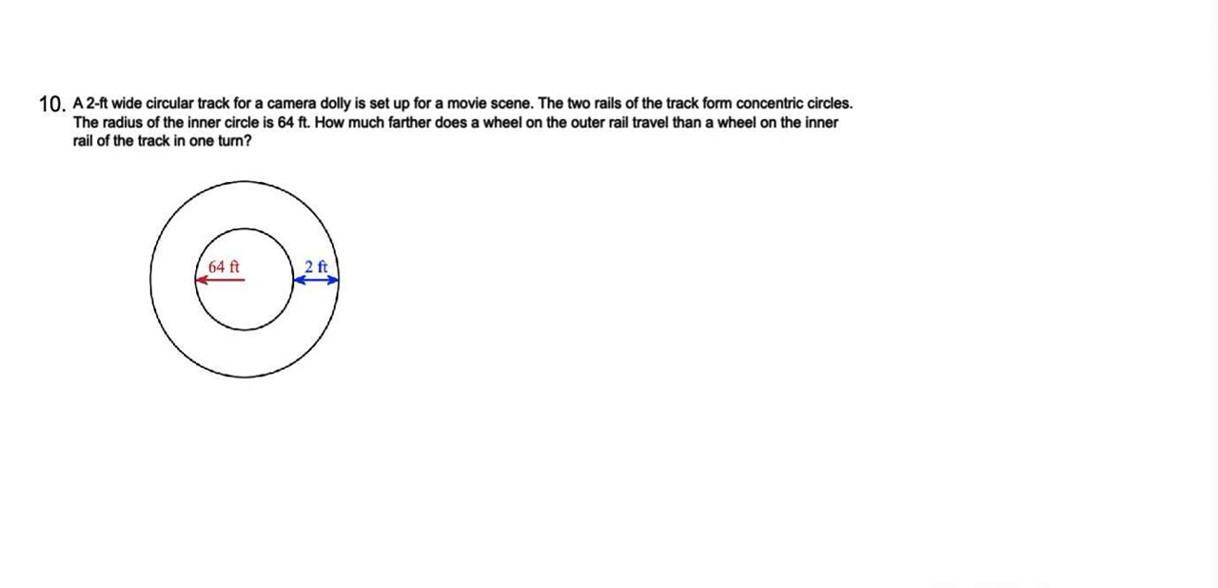How much further does a wheel on the outer rail travel than a wheel on the inner rail of the track in one turn? So really, they're just asking us for the difference between the circumference of the outer rail and the circumference of the inner rail. See right here, how much further? We are going to subtract to find the difference. So here we go. Let's find the circumference of the outer rail